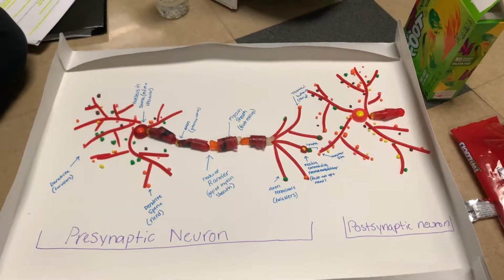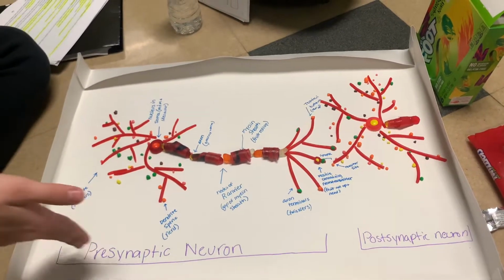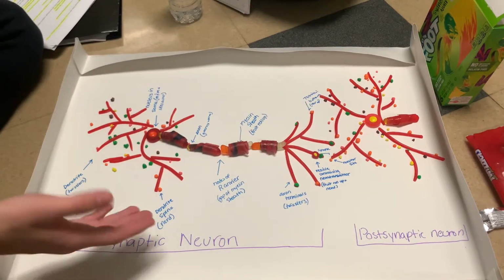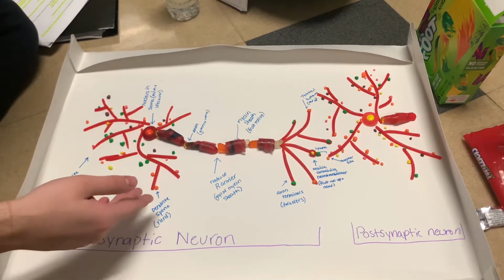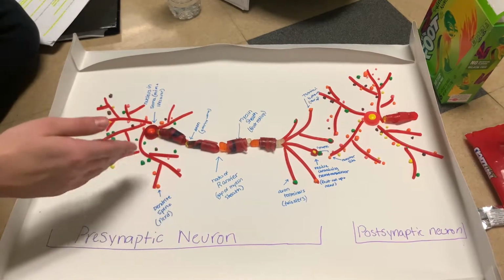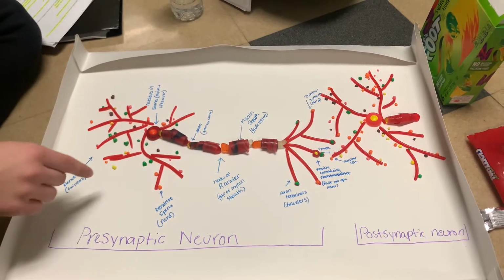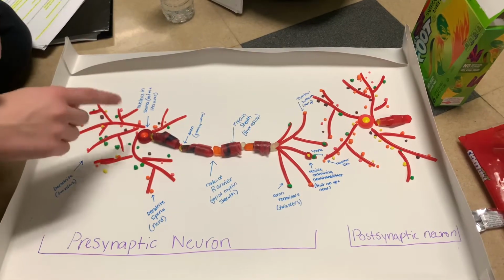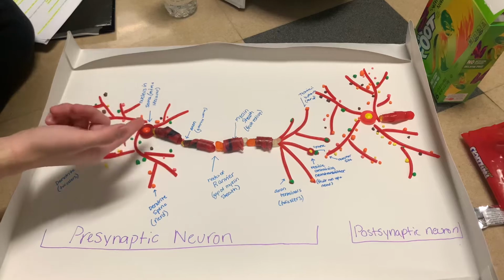All right, so here are our candy neurons. This one's the presynaptic neuron, and this one's the postsynaptic neuron. Right over here, we have dendrites and dendrite spines represented by Twizzlers and the nerds on them. Here we have the soma with the nucleus in the middle, represented by the lifesaver and the M&M in the